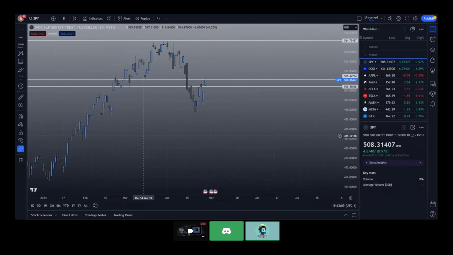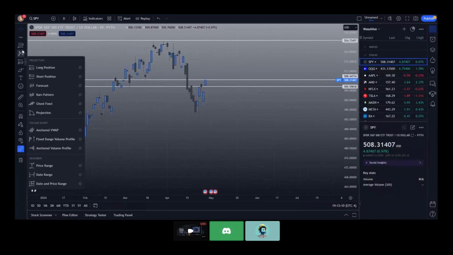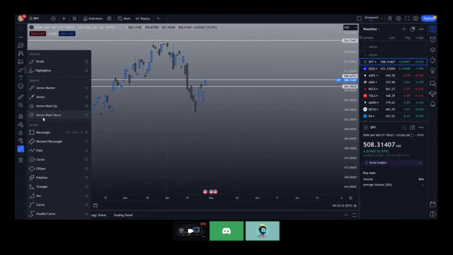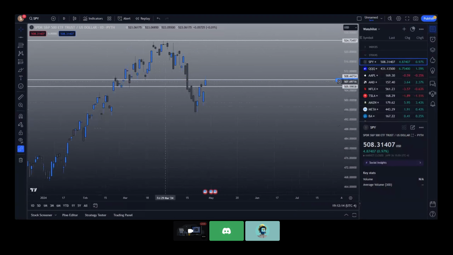Yeah, you could do that. It really doesn't matter, it's not exact, it's a zone, right? I'd say put it just at a 509 zone. It doesn't really matter, though, because that's where